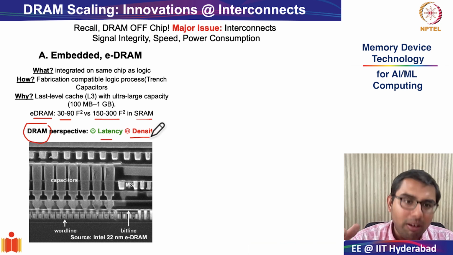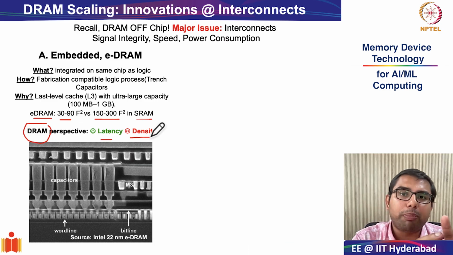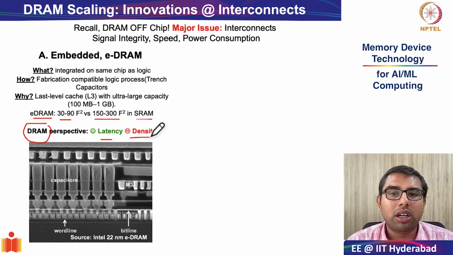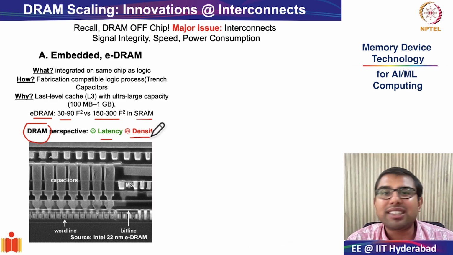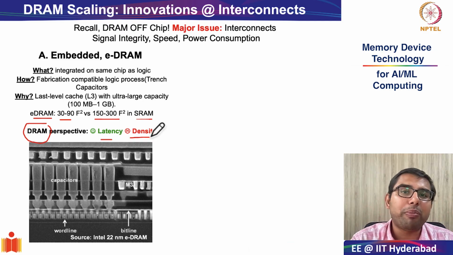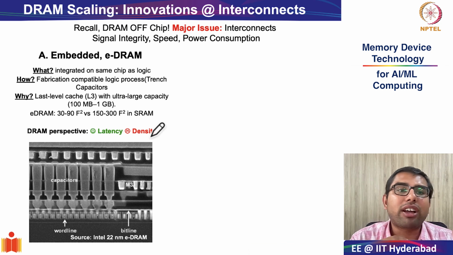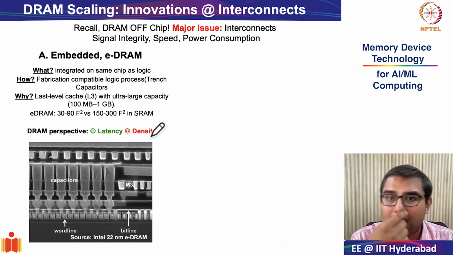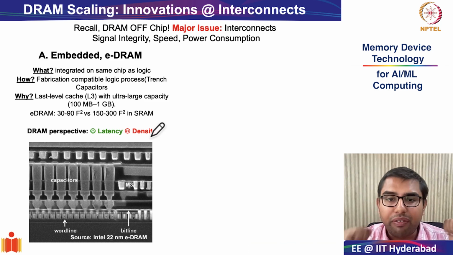So of course, you are playing the same bottleneck game of latency versus density. In your regular DRAM cell, you have 6 F squared, but because your fabrication process is not compatible with logic processes, you have to have a separate chip. And if you have a separate chip, of course, latency will suffer, but density will improve. So EDRAM is just a compromise, a very intelligent compromise that device technologists have started to make. This is one way of trying to integrate DRAM technology within the same logic nodes so that the interconnect delay is significantly reduced.